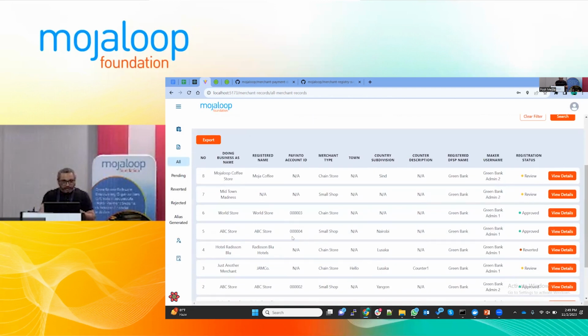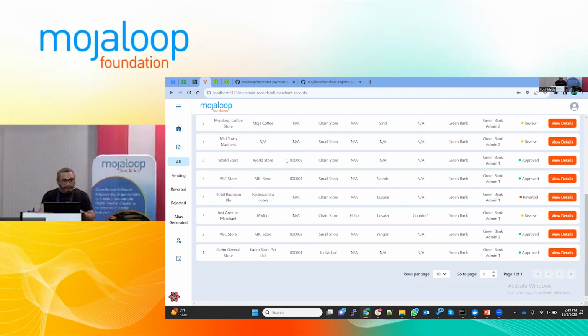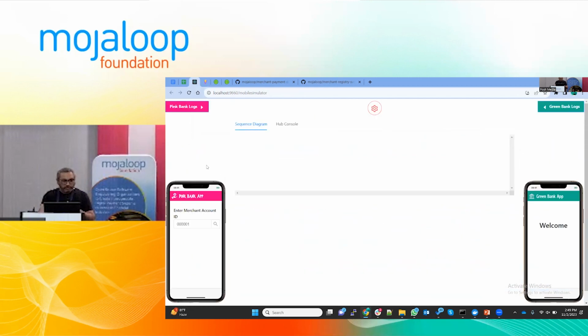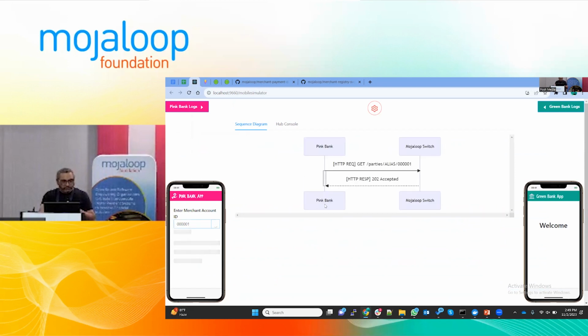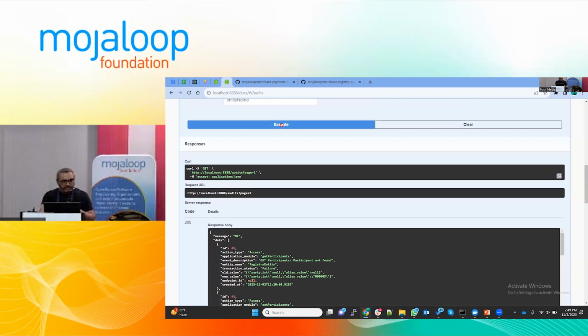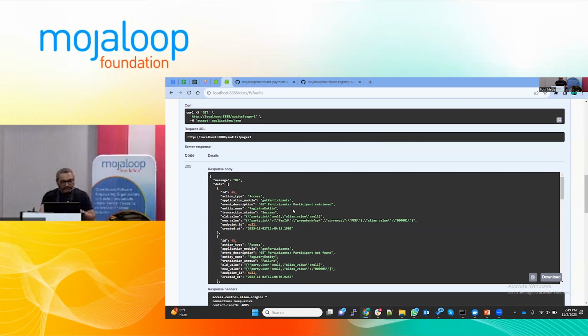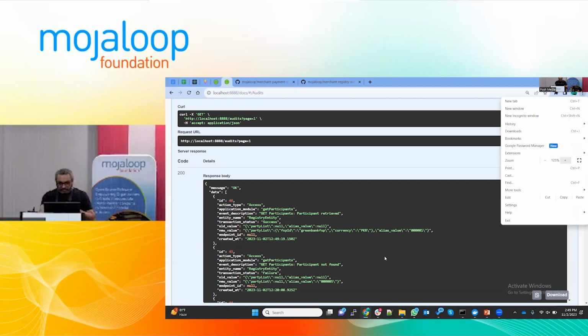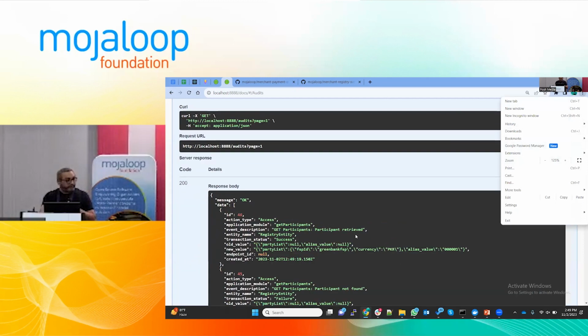Now you see I've got 4 aliases: 1, 2, 3, and 4. If I go to this mobile simulator which we have, and I try to do a transaction with 1, it goes over here and does an Oracle lookup. Just to check that this is actually happening, if I go over to our registry and execute this, you'll see: participant retrieved from the registry.